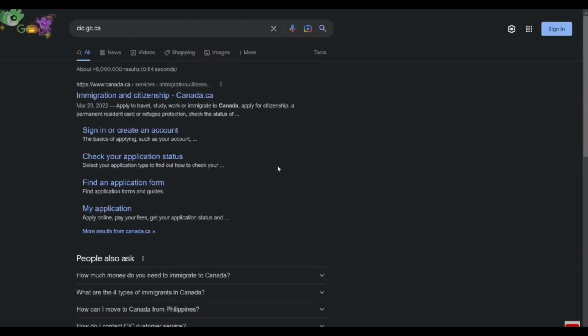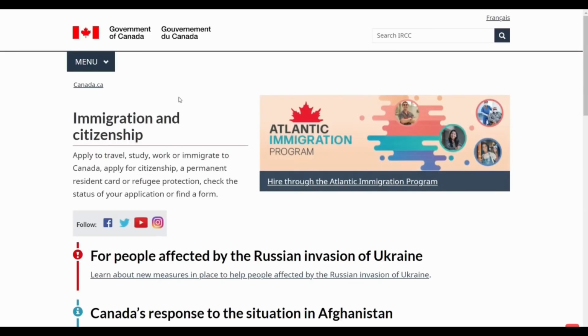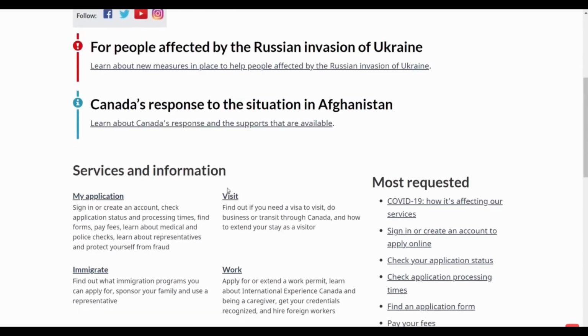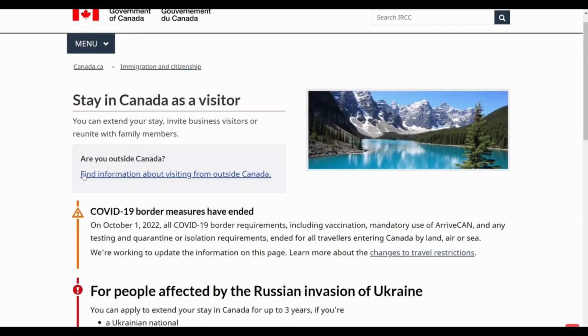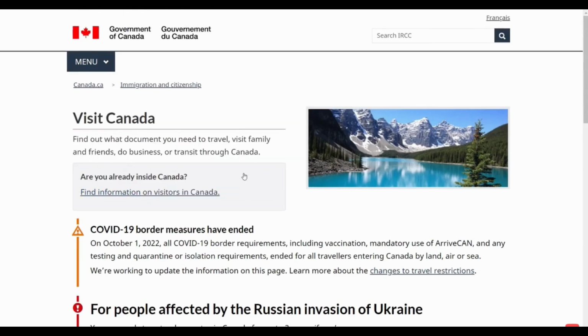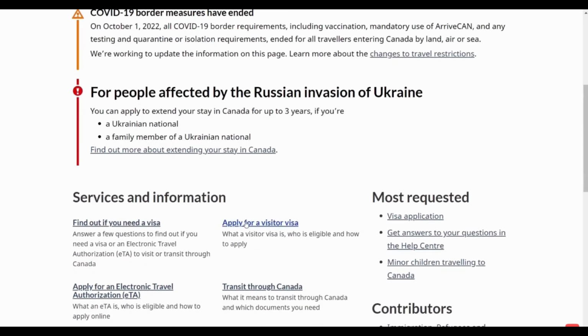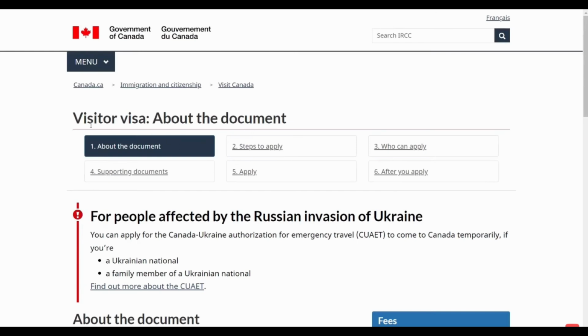Open your Google browser and search here cic.gc.ca and click on the first link. Scroll it down and click here, visit. Click here, find information about visiting from outside Canada. Scroll it down and apply for visitor visa. Here we can find relevant information about the visitor visa, like steps to apply, who can apply, supporting documents, apply, and